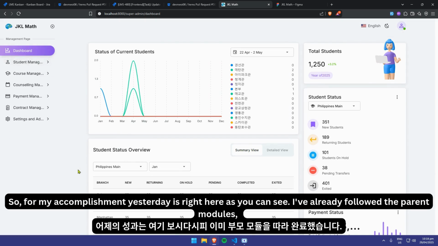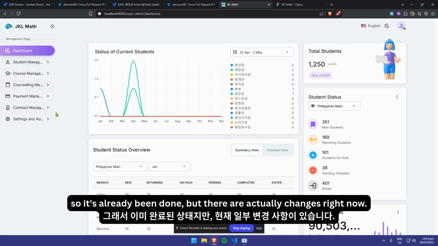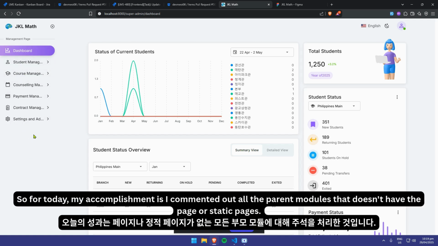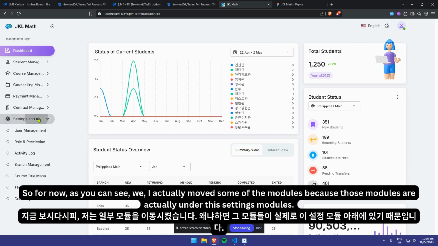So for my accomplishment, yesterday is right here. As you can see, I've already followed the parent modules, so it's already been done. But there are actually changes right now. So for today, my accomplishment is I commented out all the parent modules that don't have the page or static pages. For now, as you can see, I actually moved some of the modules because those modules are actually